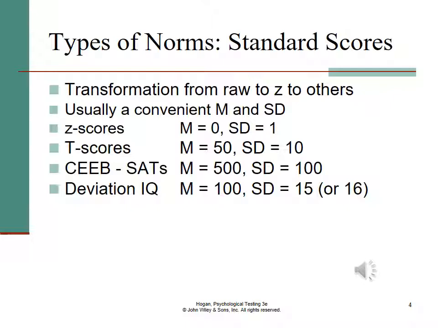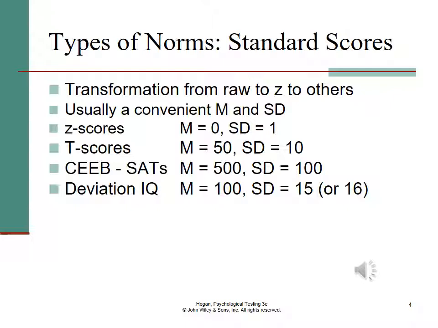If your raw score is a 90 on a test, where the mean is 80 and the standard deviation is 10, then you scored 1 standard deviation above the mean. So your Z-score would be +1. If you scored 70 and the mean is 80 and the standard deviation is 10, then you scored 1 standard deviation below the mean. So your Z-score is -1. From that +1 or -1, you can transform the scores again into a T-score, or SAT, or IQ-type score.